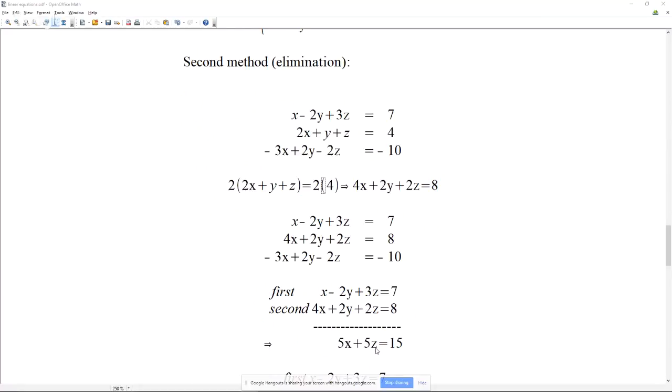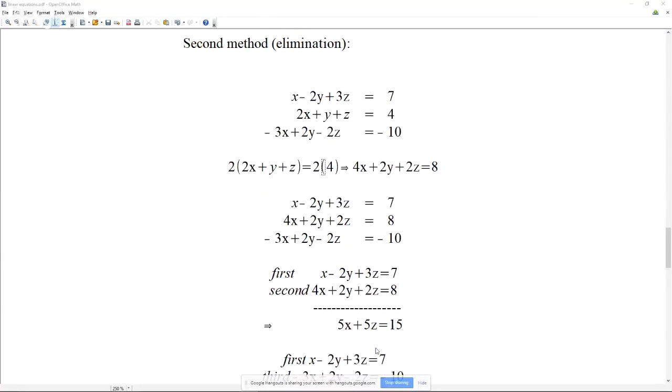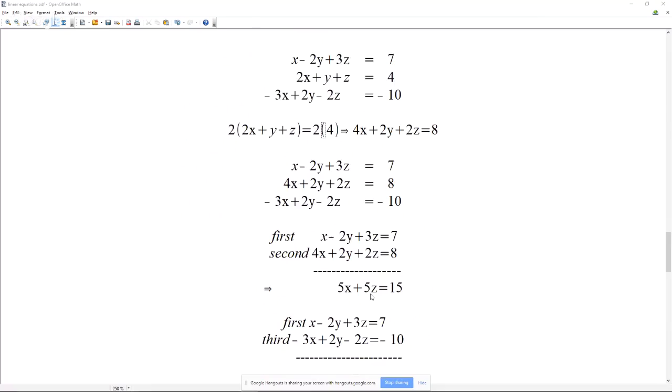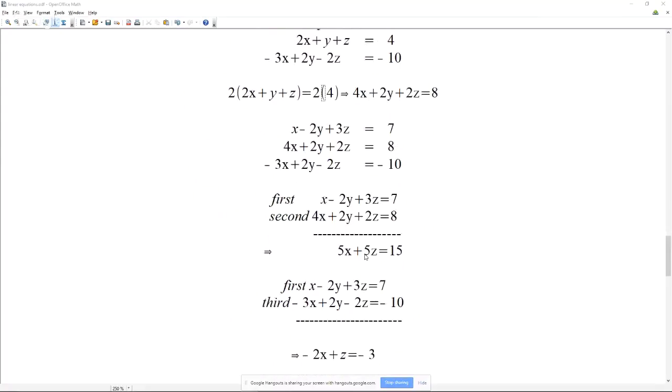I'm going to take that linear equation eventually, and we're using it to put in the system. But before I do that, I can also take the first here. I can take the third here, and I can manipulate that as well. I can add these together, right? And when I add these together, I get